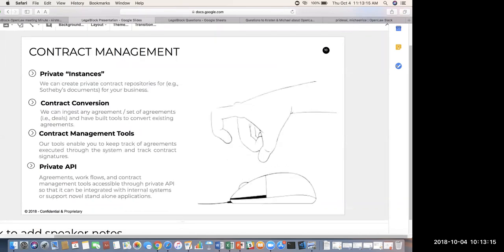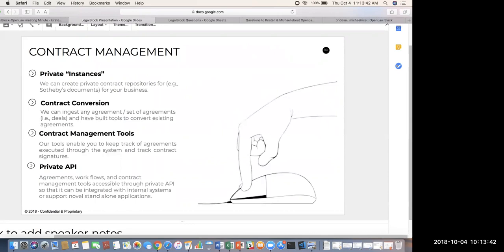With our contract management functionalities, we have the ability to create private instances for specific documents, businesses, or individuals. We can easily ingest any documents or a large number of documents, and parties are able to keep track of the agreements and signatures that are executed on our platform.